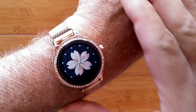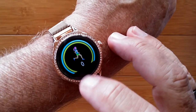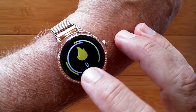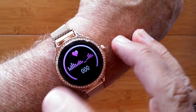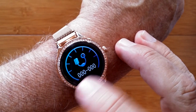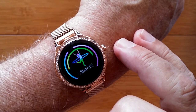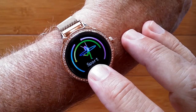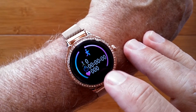This is the M8. It's a really attractive women's fitness watch that gives you step count, calories burned, and distance traveled from a daily pedometer in here. You have heart rate and blood pressure reading capability. In addition, you have last night's sleep time and a robust sports section that will track your walks, your runs,